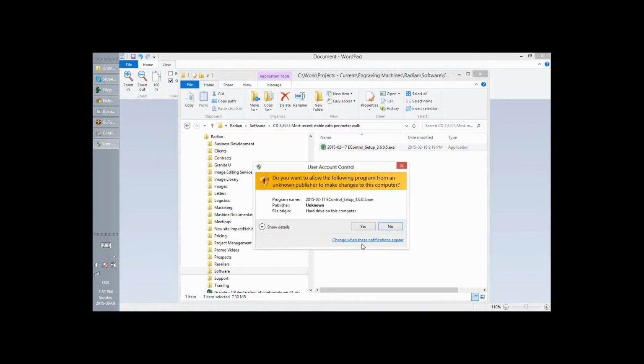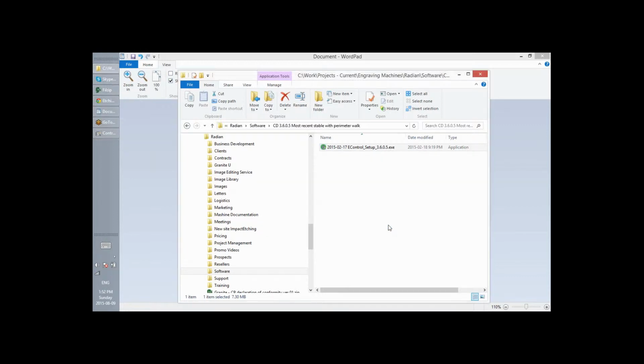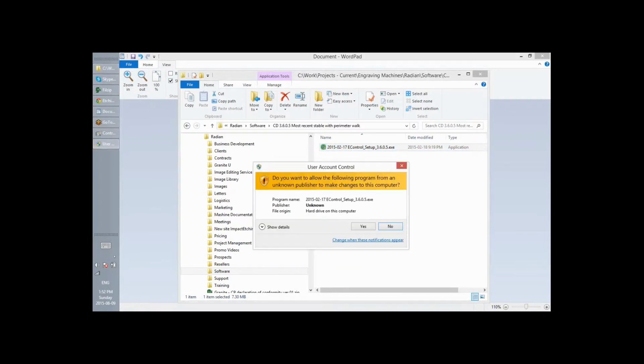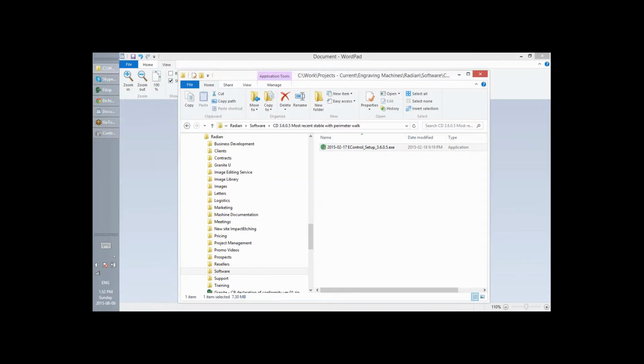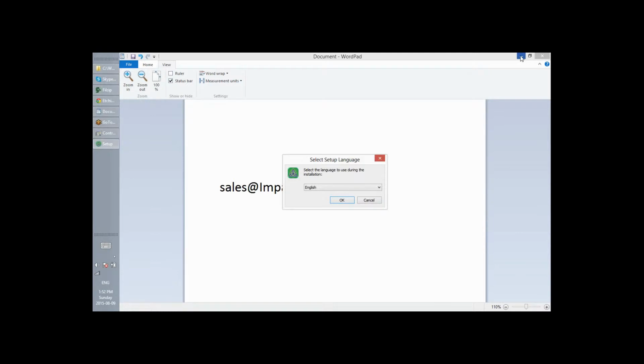So once you receive this program from me, just double click on it and launch it. You know what, I'm going to step back a little bit, because new versions of Windows introduce a lot of different control features. I would probably recommend that you launch it by right clicking and then choosing Run as Administrator. This might prevent you from some issues with access privileges, and then you basically follow the directions of the installer software. Choose your language, okay,